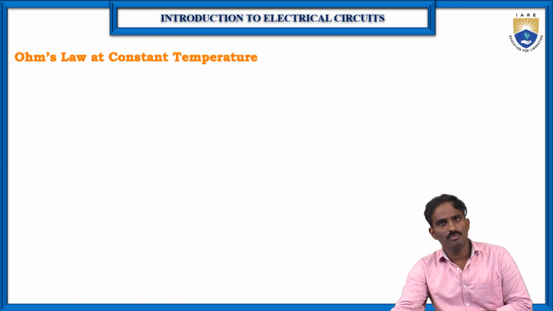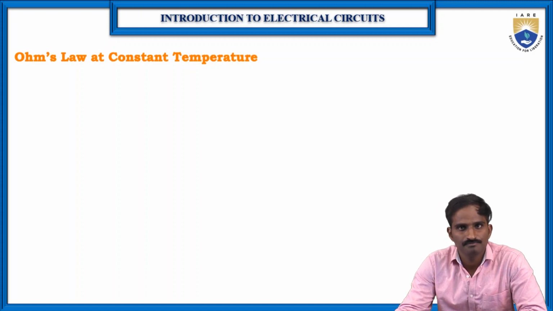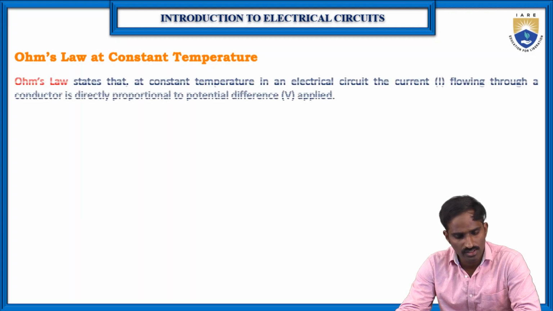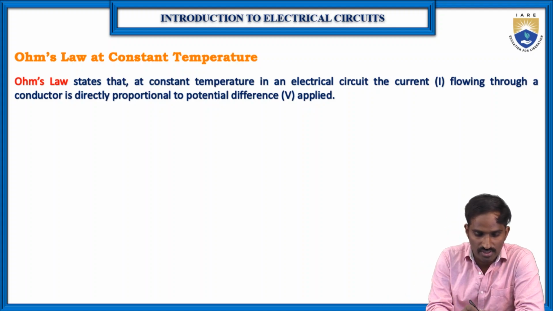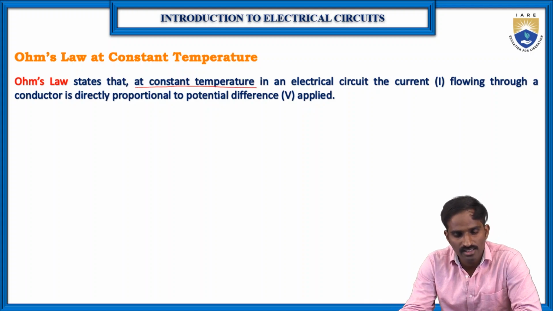Then coming to a basic electrical law, which is Ohm's law. Ohm's law at constant temperature. Ohm's law states that at constant temperature, this is very, very important, in an electrical circuit, the current flowing through a conductor is directly proportional to the potential difference